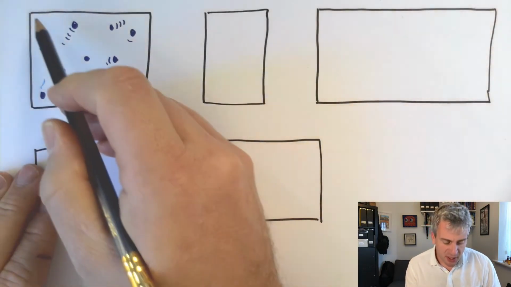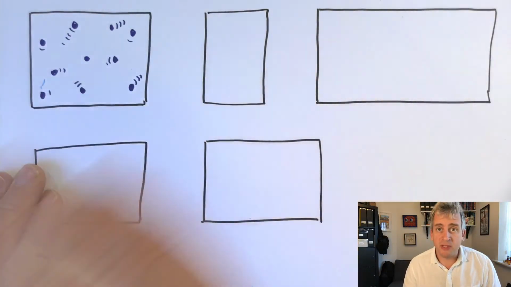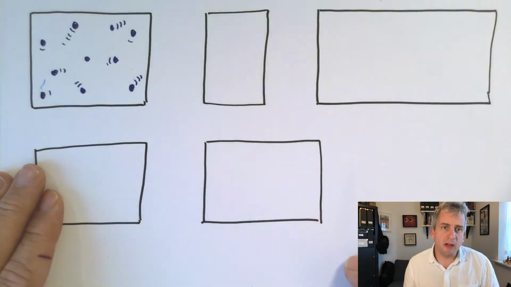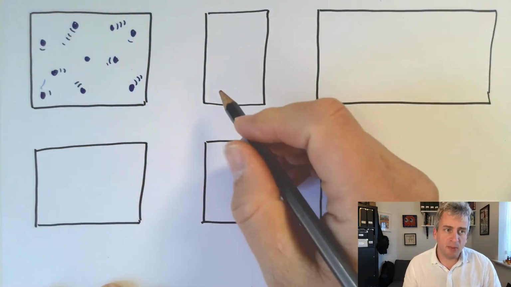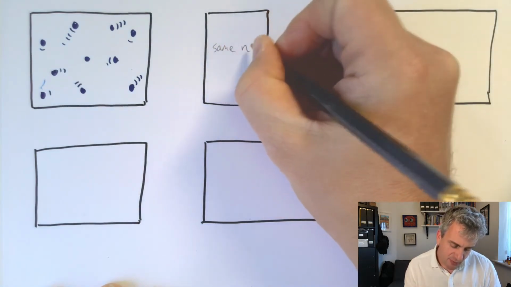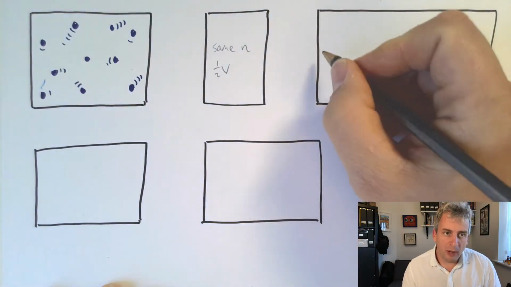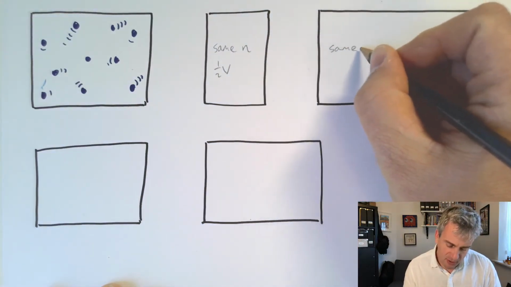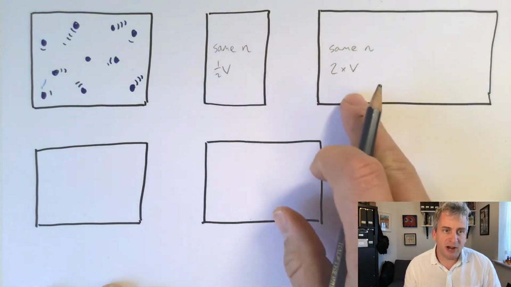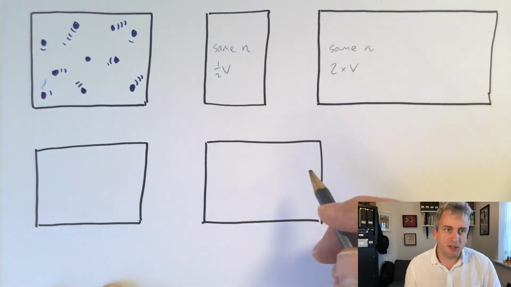First of all, let's picture the pressure exerted by 10 particles all bouncing around at a particular average speed. What I want you to do is figure out what you think will happen if those particles, the same number of particles, are in half the volume. What will happen if you've got the same number of particles, but you've got twice the volume? So what will happen to the pressure exerted on the walls of these containers in that situation?